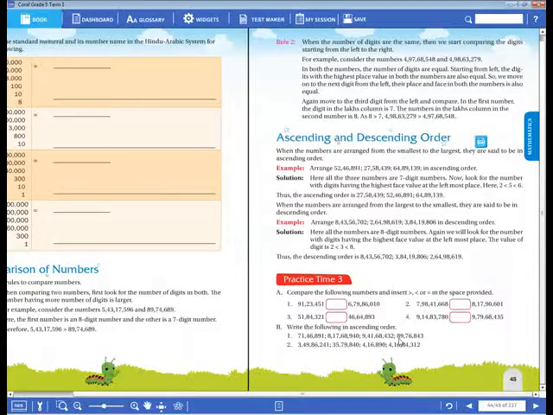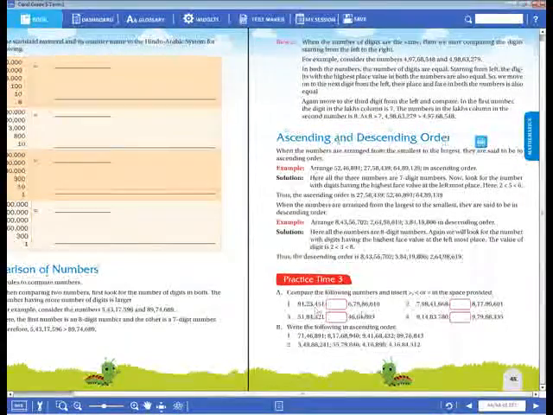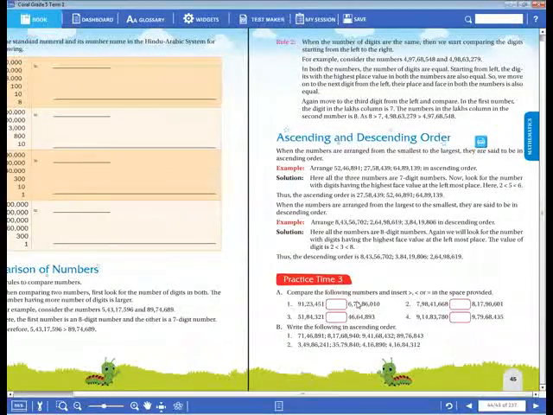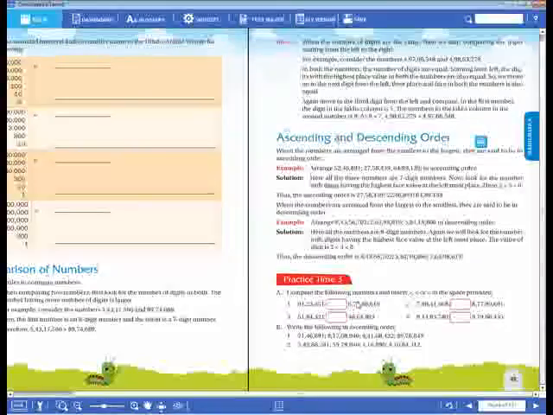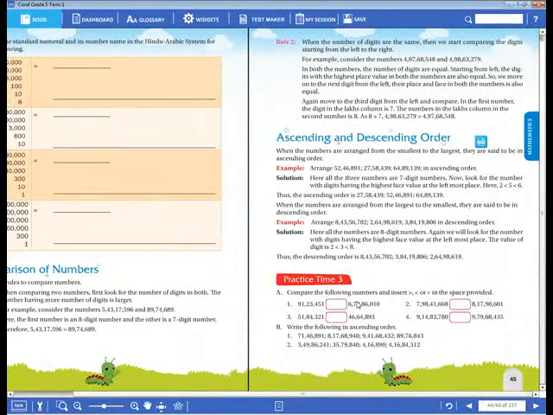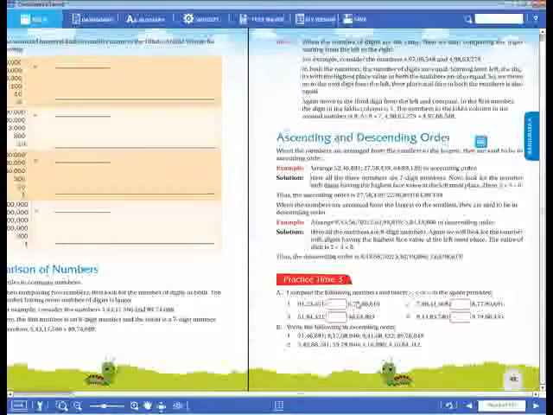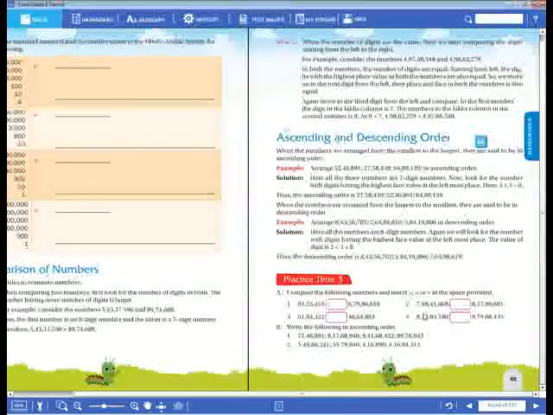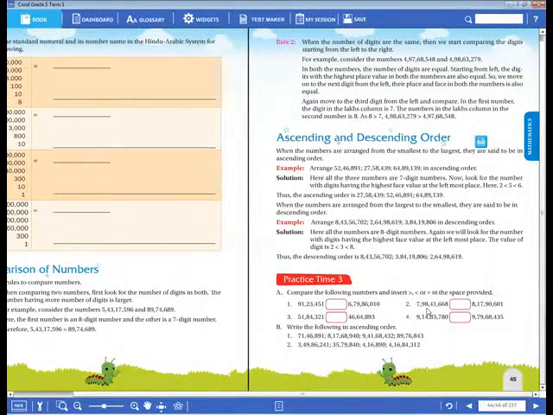Very good, Khaja Farid. Because here, the first number is a 7-digit number and the second number is greater. So when we compare these two numbers, the first number is less than the second number. So we have to give the symbol less than. Okay. Now tell me the second. Note down in your notebook. This is the second problem also.